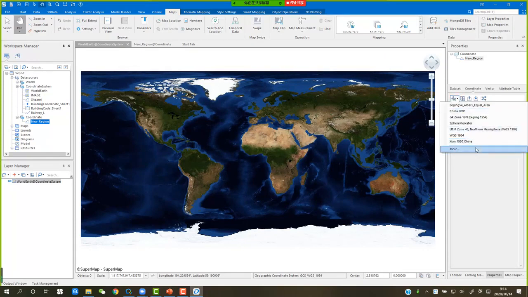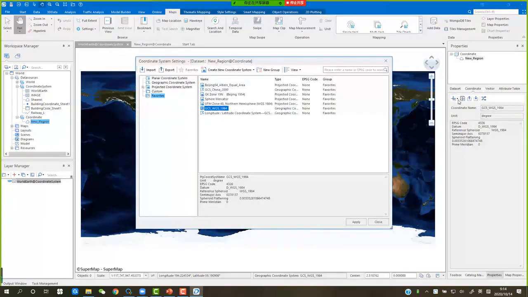If you want to reset your coordinate system, there are also three methods to do it. And the first is